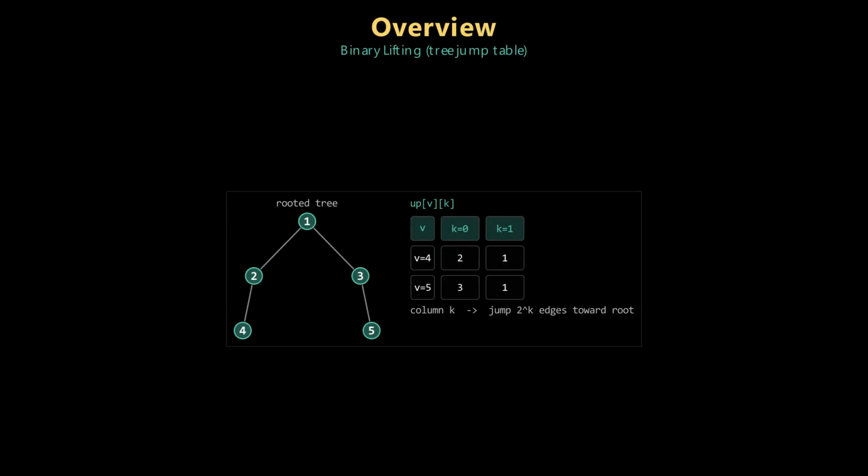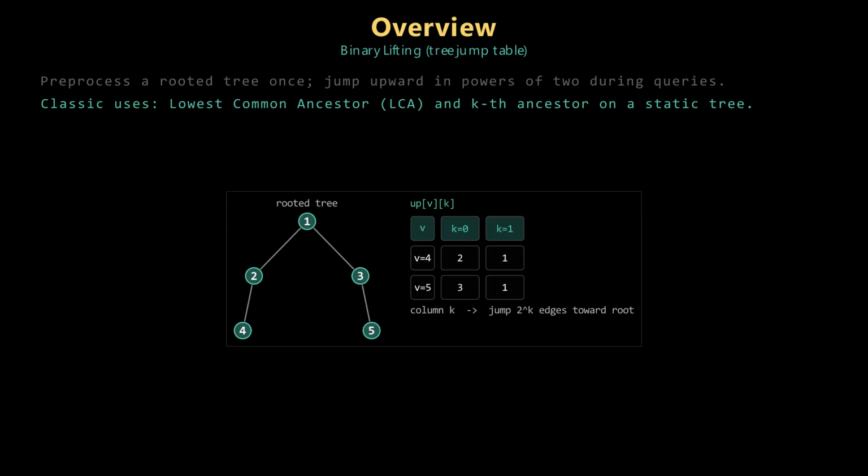Binary lifting preprocesses a rooted tree so we can move upward in large jumps. After an O(n log n) build, many tree queries take only O(log n) time. The classic applications are lowest common ancestor and kth ancestor. Given two nodes, find where their upward paths meet, or find the node a fixed number of edges above a